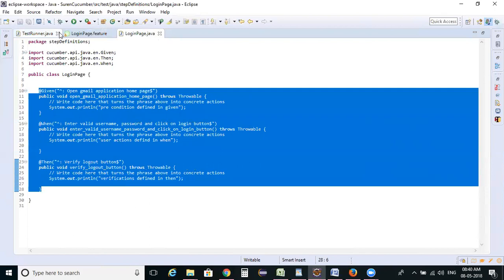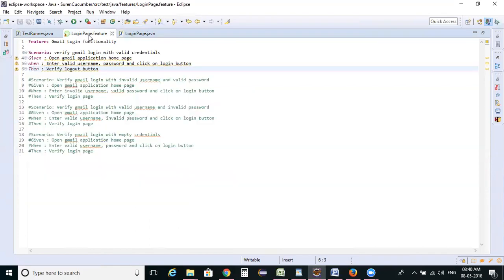And right now, if you go back to the login feature, it is still throwing a warning message. We have already written the step definition, but it is throwing a warning message. Press control on your keyboard and mouse over on the given step, it is displaying as a link. The meaning is the step definition was already implemented.